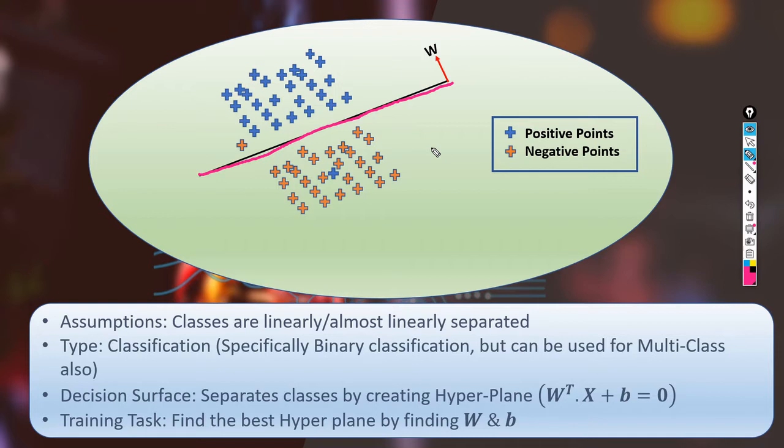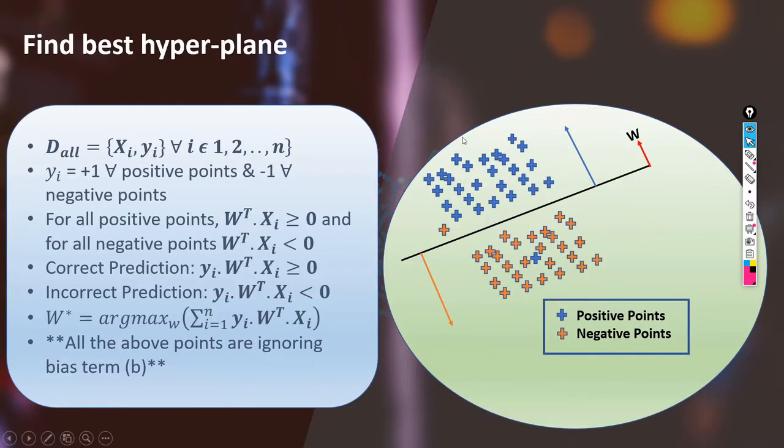And how can we find the best hyperplane? By changing the weight vector and bias terms. So that is the main training task, or the optimization task, you can say. Machine learning algorithm is nothing but optimization. In the code end, it is nothing but an optimization problem. So for logistic regression, the optimization problem is that we have to find the best hyperplane. And how can we find the hyperplane? By just adjusting W and B, the weight vector and the bias term, isn't it? So we have to find the best hyperplane. That is our main aim.